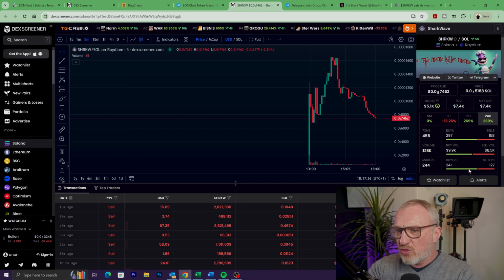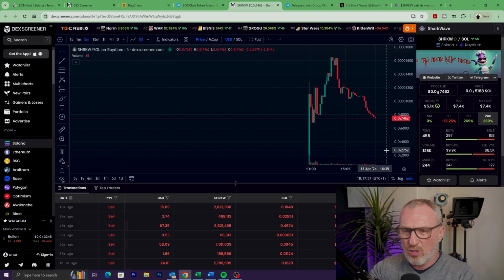Back on Dex Screener, have a look at the liquidity. Is the liquidity locked? Yes, it is. So that's quite a good sign. What's the market cap? Really low in this case, 7.4k. You want to keep it pretty low, under a million, maybe under 500,000, under 50,000, whatever you think is right for you. But make sure it's quite a low market cap. You don't want something that's got 10 million market cap or something like that, because you don't tend to get those big gains when that's the case.